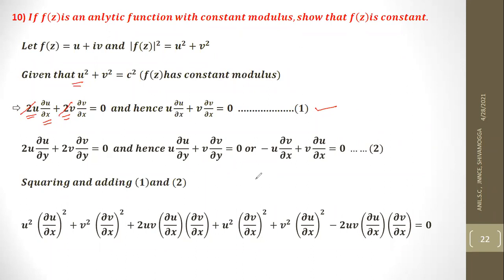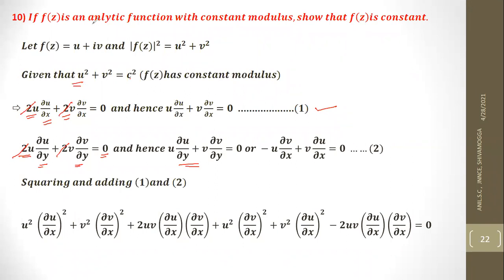Similarly, we differentiate the same equation, u square plus v square is equal to c square, partially with respect to y. Derivative of u square is 2u, and that of u is del u by del y, plus derivative of v square is 2v, and derivative of v is del v by del y, is equal to derivative of c square, as a constant its derivative must be 0. Divide the equation throughout by 2. We get u into del u by del y plus v into del v by del y is equal to 0. This is the equation. And these two are derivatives with respect to y, so we shall convert these two derivatives into derivatives with respect to x only using CR equations.